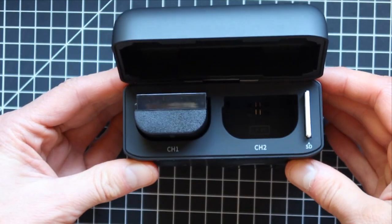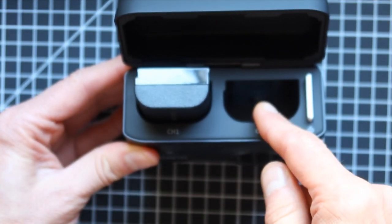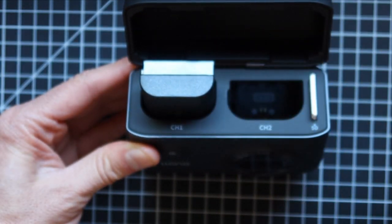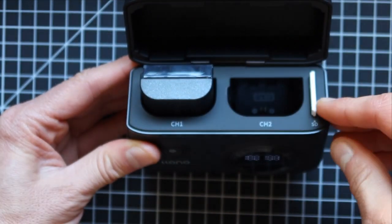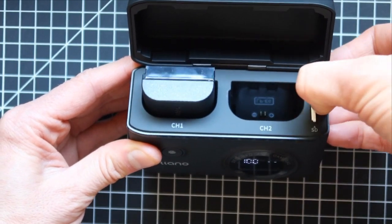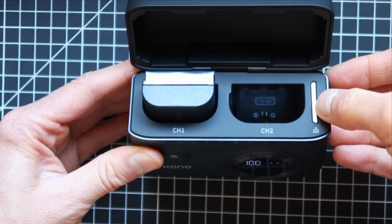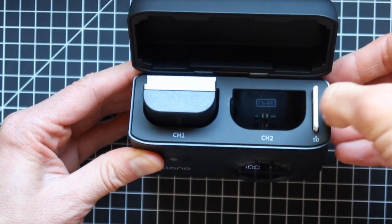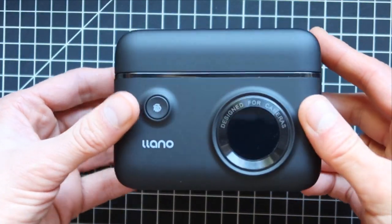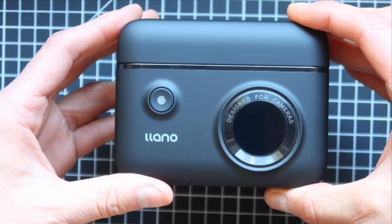Opening it up over here, you can see what is inside. So you can put one or two different camera batteries over here to be charged simultaneously. You can also put an SD card reader and you can put it all the way down for you to use in case you forgot your SD card reader yourself. Overall, you get a very nice looking presentation case, and above all, a storage case to put your camera equipment and